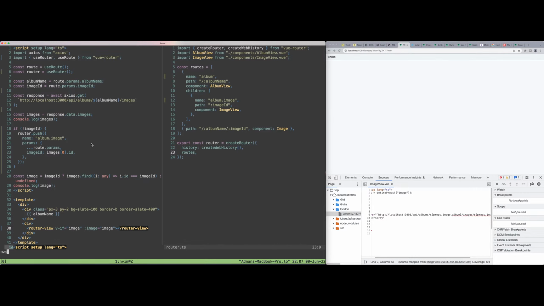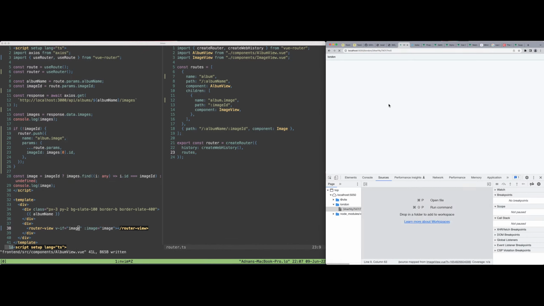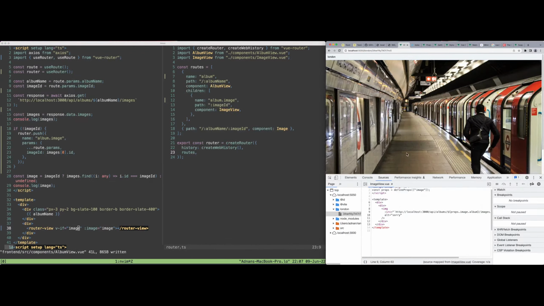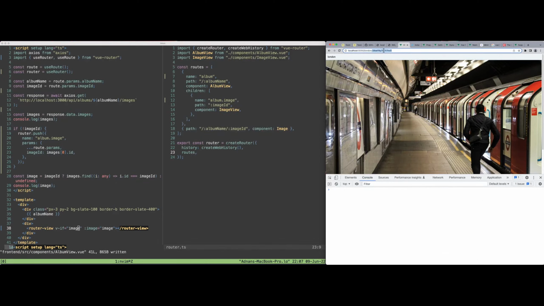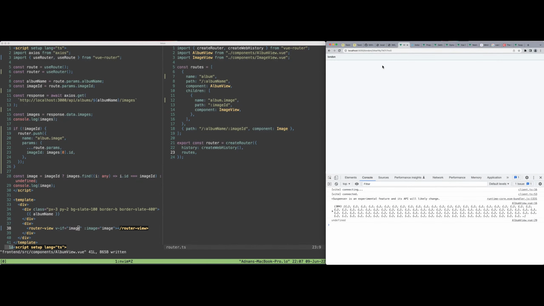This might get rid of the error, but it won't display that image. So the error is gone as we suspected. So for this, I don't know if it's being mounted. I might have to